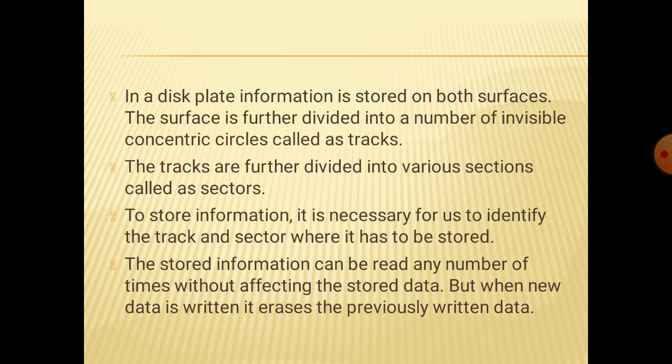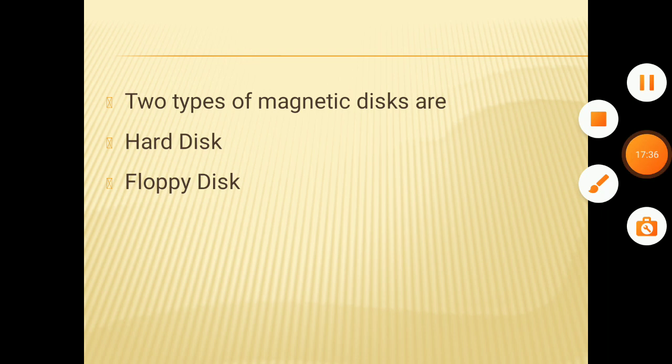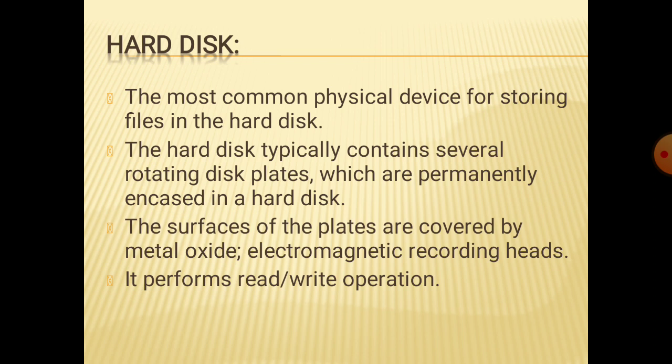Fine. So this is how your magnetic disk works. There are mainly two types of magnetic disk, the hard disk and the floppy disk. One more is the zip disk, which has not been added to your syllabus. It is the same as the floppy disk, but the capacity of a zip disk is more than a floppy disk. That is the only difference; features and everything else are the same as the floppy disk. So there are two types of magnetic disk: the hard disk and the floppy disk. First we'll study the hard disk in detail, then we'll see the floppy disk.